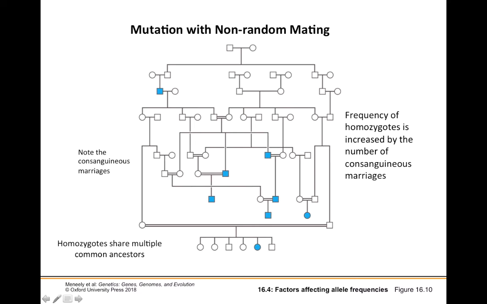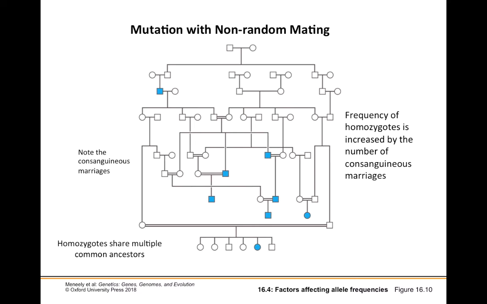These individuals have lots of consanguinity going on in this particular pedigree, and so you can get more homozygous recessives because of inbreeding. This is how we get the accrual of deleterious